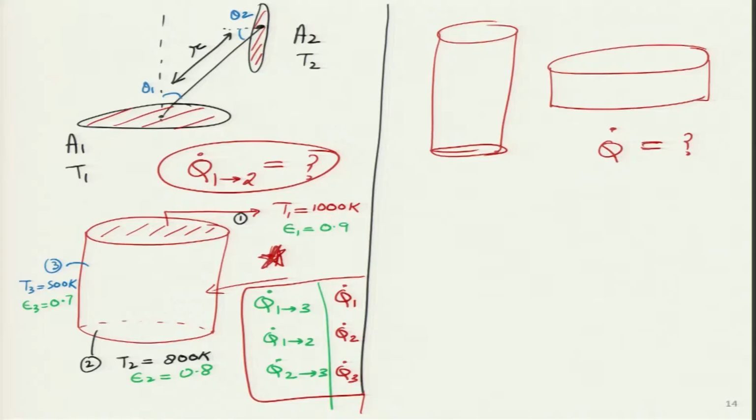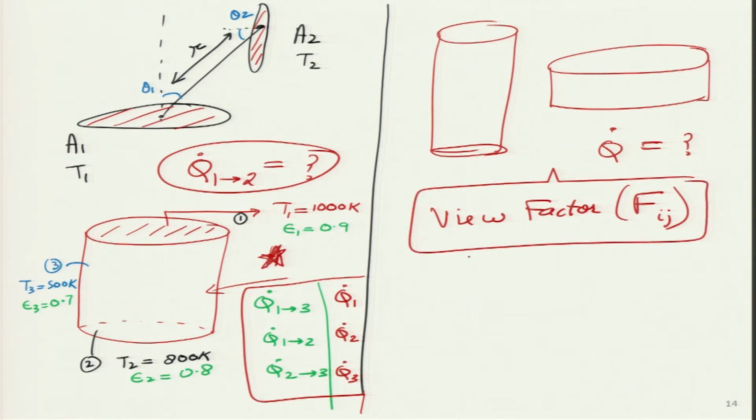In order to figure out the solution for all these problems, we first have to come up with the concept of the view factor, and that is what we will start this topic with today. It is given by the symbol F, and we generally put two subscripts below it, because view factor is defined between two surfaces. So, let us start our topic today with view factors, and try to understand what we mean by view factor, and what its definition is.